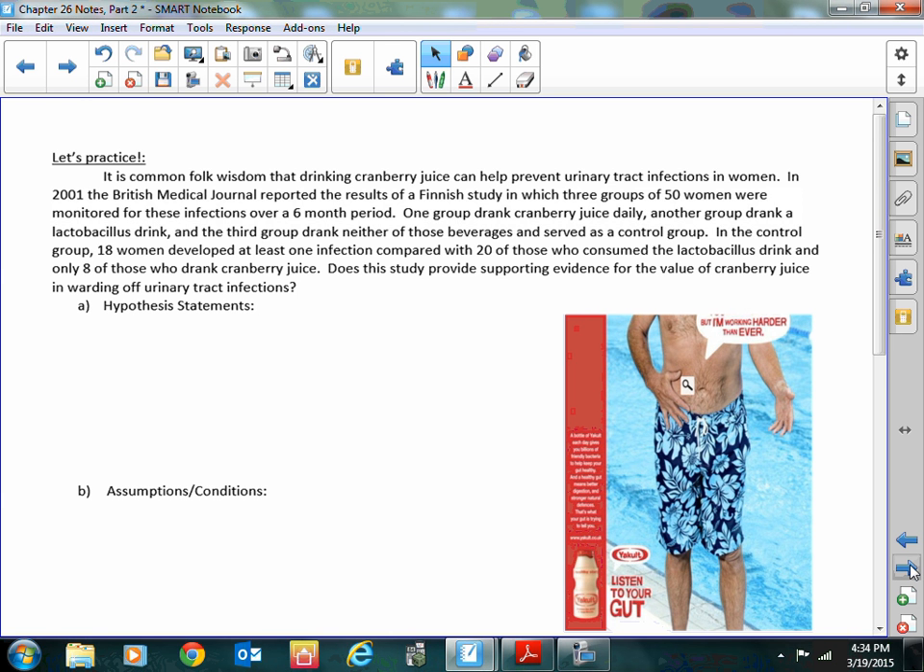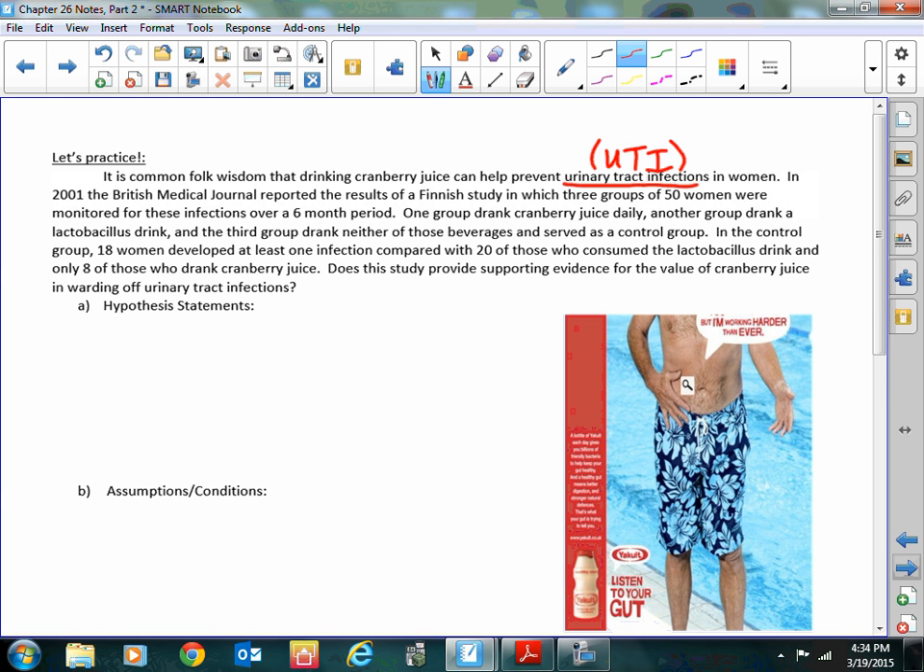All right, so it is common folk wisdom that drinking cranberry juice can help prevent urinary tract infections in women, UTIs. I'll abbreviate this later as a UTI so it can be shorter. Okay, so in 2001, the British Medical Journal reported the results of a Finnish study in which 3 groups of